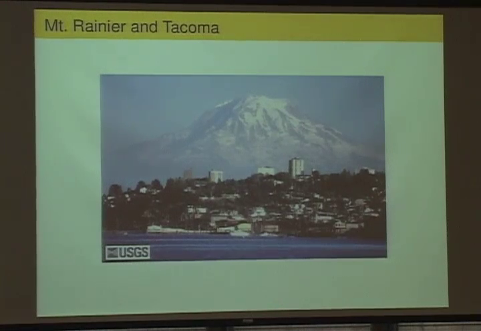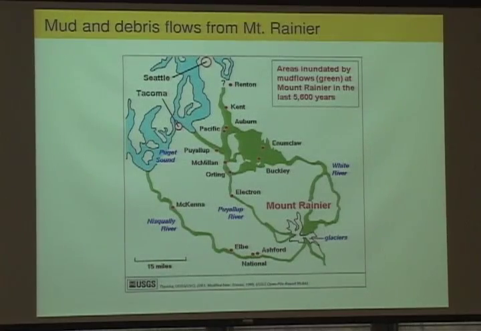We have another volcano near Seattle, Mount Rainier, which is still an active volcano and will eventually erupt again. This is a telephoto zoom picture from Tacoma. It's not quite as close as it looks, but it's still dangerously close to quite a few inhabited areas around the Seattle-Tacoma area. In fact, this is a map of some of the past debris flows from previous eruptions of Mount Rainier. So Mount Rainier is down here, and there's a number of valleys where they've found remains of debris flows from previous eruptions. There's a number of towns in these valleys, of course, and the city of Tacoma is right in here.